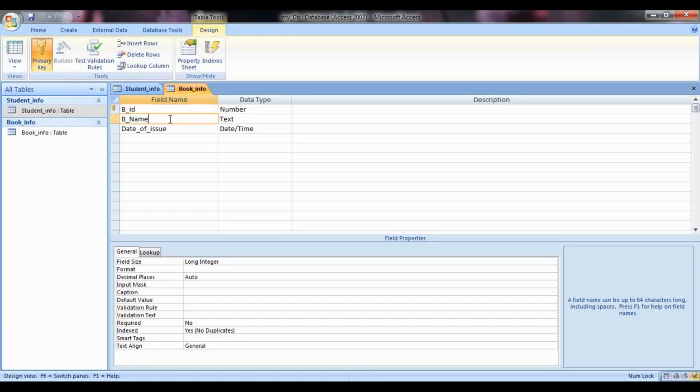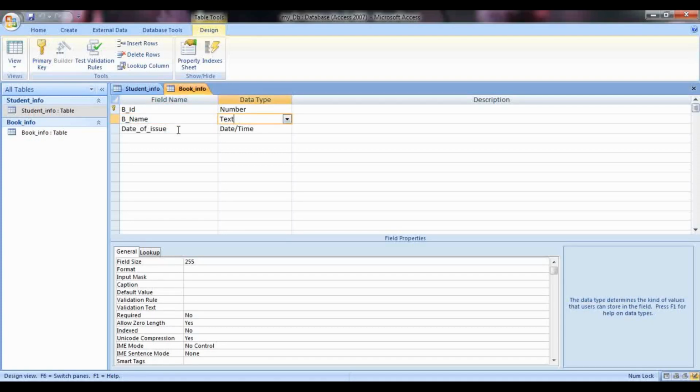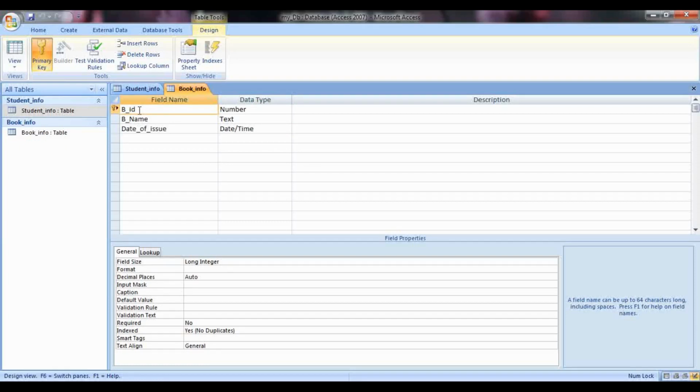Then the second field name is book name and the data type is text. Third one is date of issue and the data type will be date and time. Because book ID will be my unique field, that is my primary key, I have made book ID my primary key. This is about the book information table.